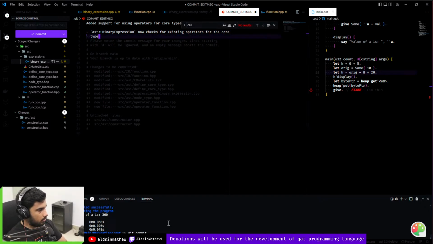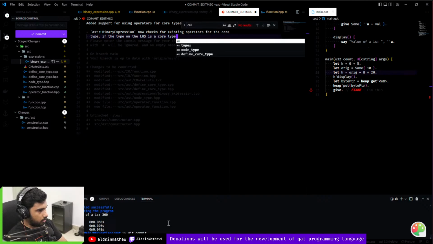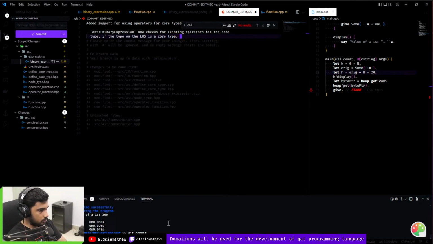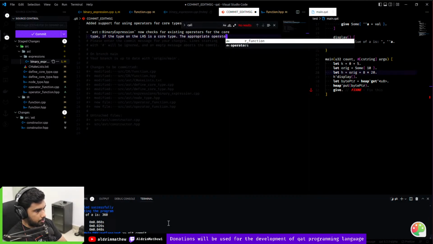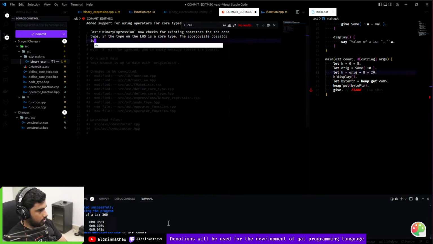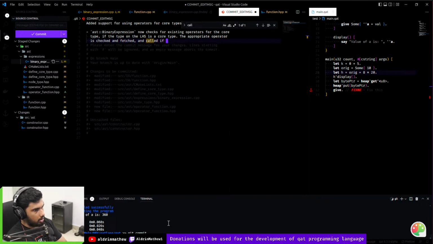If the type on the LHS is a code type, the appropriate operator is checked and fetched and called if the type of arguments